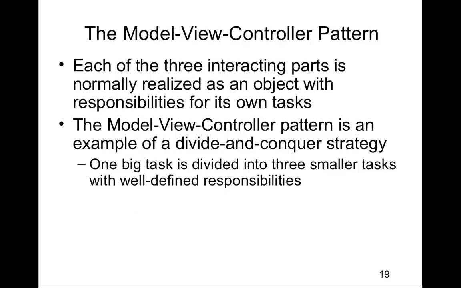Alright, so the Model-View-Controller pattern, each of the 3 interacting parts is normally realized as an object with responsibilities of its own tasks. So we actually have 3 separate objects. What are objects? Classes, which is why we have a view controller class, and we have app delegate classes, and other classes that we can create, and we can have XIB files or interface builder files for any of those classes, and then we can assign controllers to classes and say, well, this view here is going to be controlled by that view controller, and we switch the classes around and make sure that the